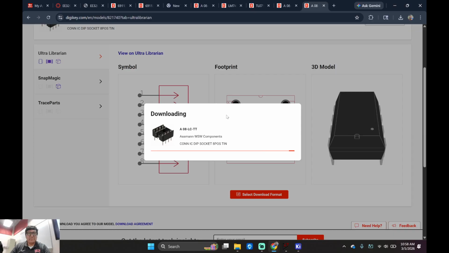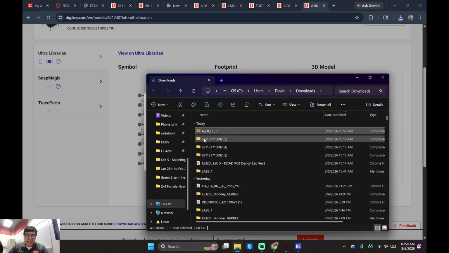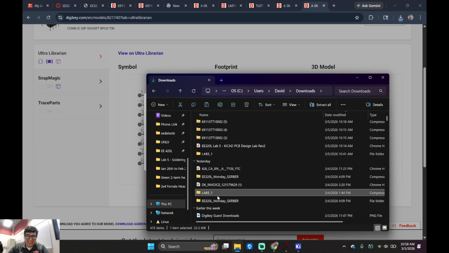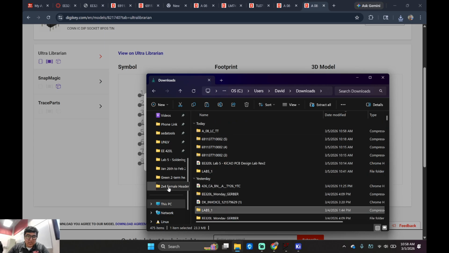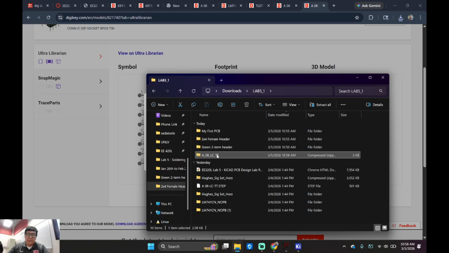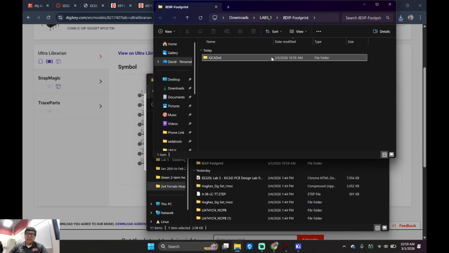So what am I gonna call this? Just let it do its thing. So I'm gonna grab this. I'm gonna Control X. Let's go to this student's lab. Yeah, this student doesn't even know we're doing this. Anyways, here's his parts right here. I'm going to paste it right here. And I'm going to call this the 8 dip footprint. Right? Because I just need the footprint, right? Is that correct? Okay, and then I'm going to extract this. Extract all. Extract, boom, done.